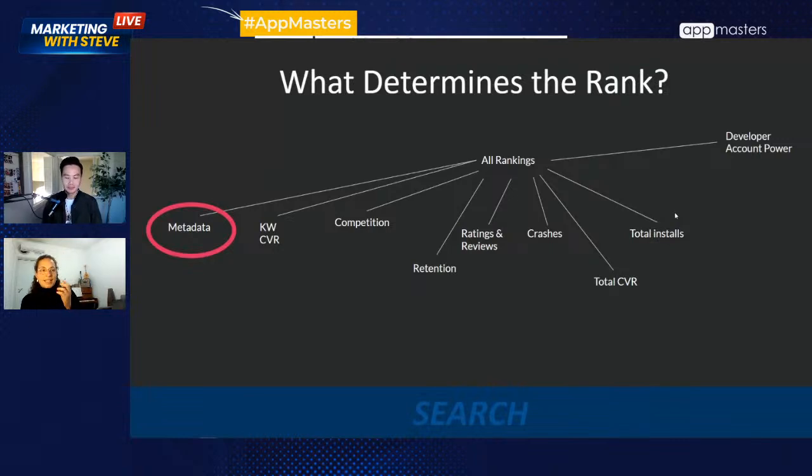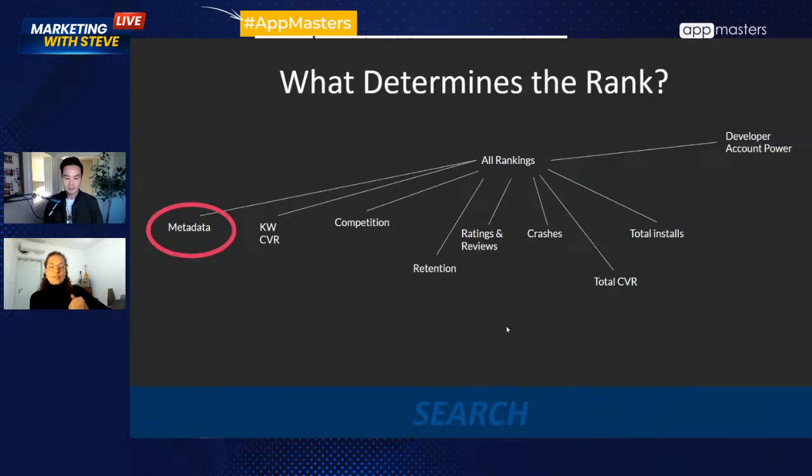Now the interesting part is, if total installs count, how am I able to keep the rank once I stop the campaign? This is the surprising part. And if you ask me, I think it is related more to the quality of your app. If you have a low quality app, pretty quickly you are going to lose the rank, because retention, the ratings and the reviews would not be good. You crash a lot. If you have a bad conversion rate, you're going to lose it.